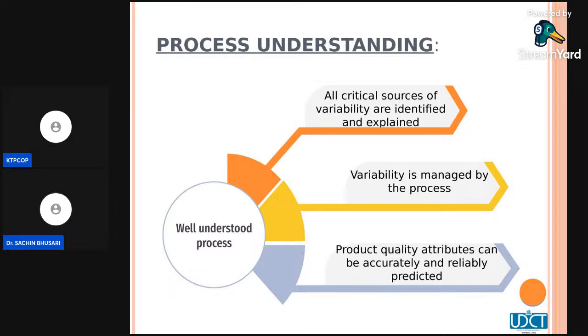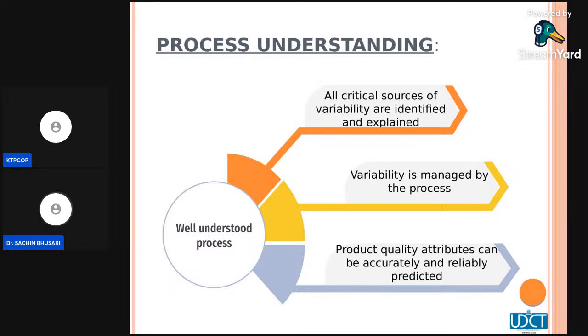Now, the second arm of understanding the process is that one has to have a management of the variables by the process. I should have some process with me so that I can manage the variables. I know there will be some variation in my process, so how to manage that variation? That mechanism I must have. So it comes under understanding of the process also. That is the second part.